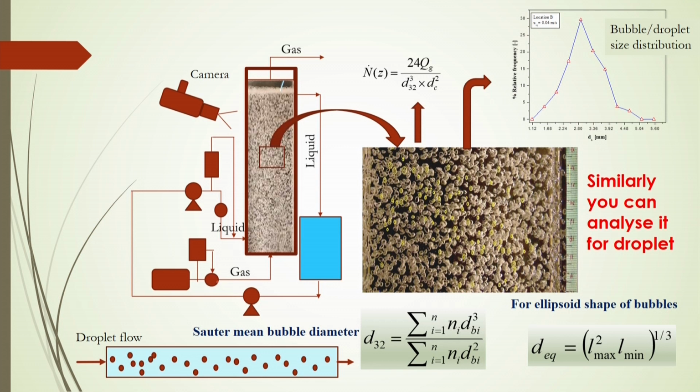See here, from the bottom part of this column, gas is supplied by a compressor, and from that compressor the gas is coming through a rotameter. This rotameter will give you the measurement of gas flow rate, and after the rotameter it will come through the solenoid valve. The solenoid valve is being used for sudden stop of this operation, and then it will come to the distributor, and through the distributor the gas is distributed.